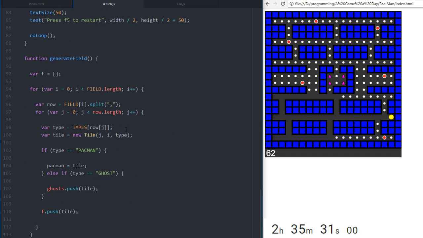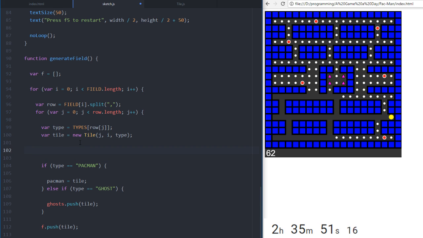This is something we'll do in the field. So, we need to say when it pushes a cherry, we'll just have another switch, row of j,